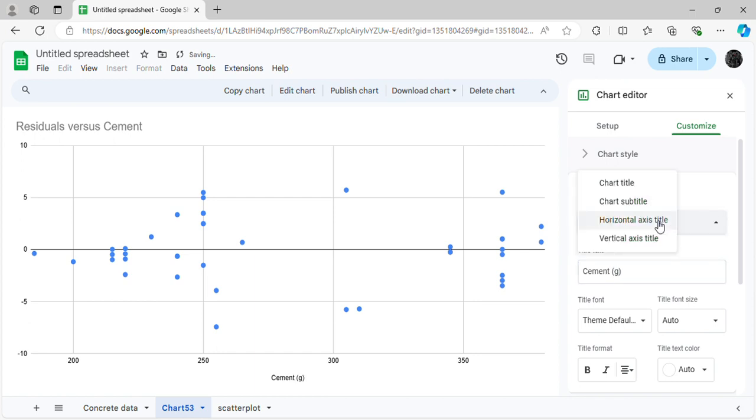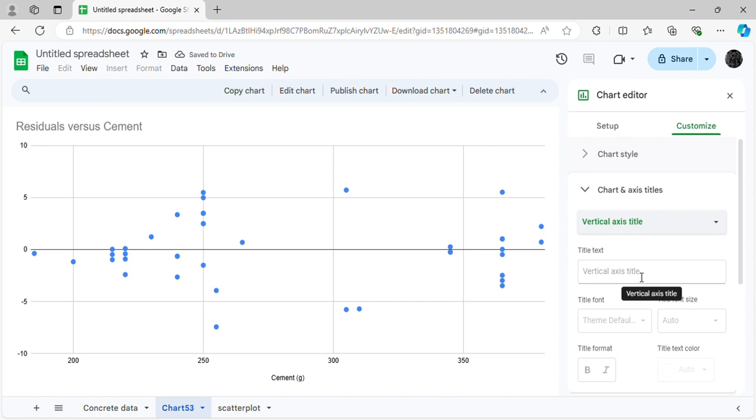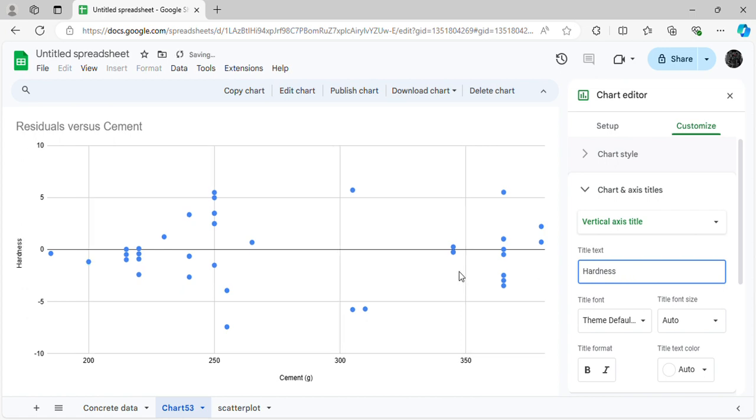And for the vertical axis, that's hardness. And the cement values,